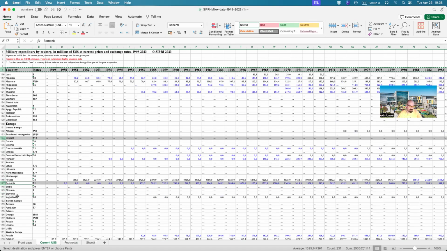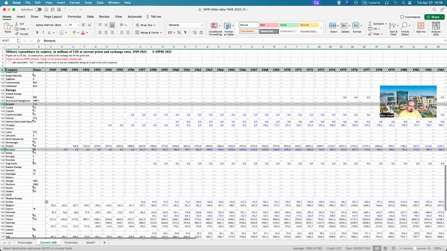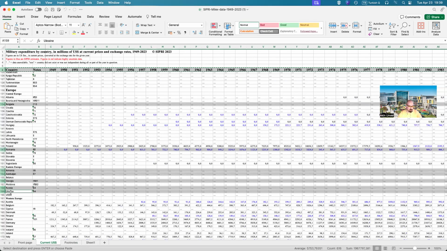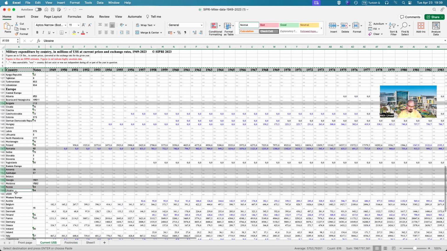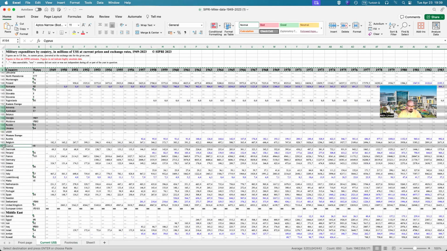Slovenia. Because the data set starts from 1949, you have USSR and Yugoslavia in the list as well. Some of those countries are no longer with us, but if you're doing historical analysis, for example, you take their figures. Armenia, Azerbaijan, Georgia. Let's take Russia and Ukraine as well. We have USSR, but after 1991, we don't have it. Let's take Cyprus,